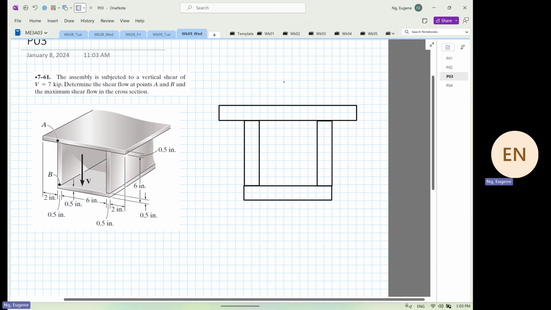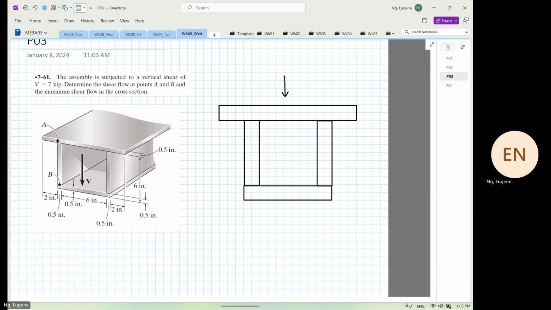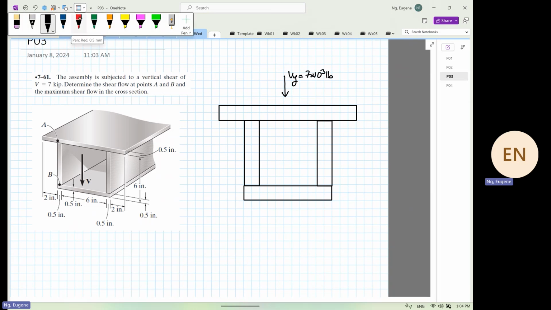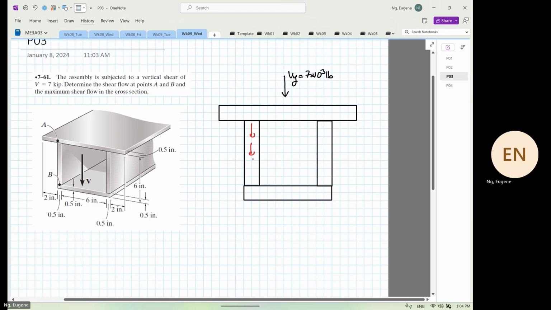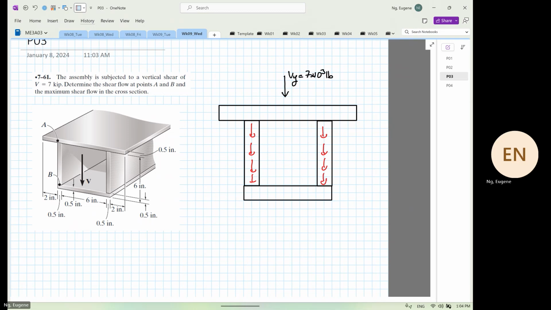We have a shear force coming down, right? Which is your Vy equal to 7 times 10 to the power 3 pound force. So when we do this, what do we design first? The shear flow, right? So what controls the direction of the shear flow? The major web. The major web is coming down. The top looks kind of confusing, yes or no? Right? What must it be? Right? So you know that there's a terminal